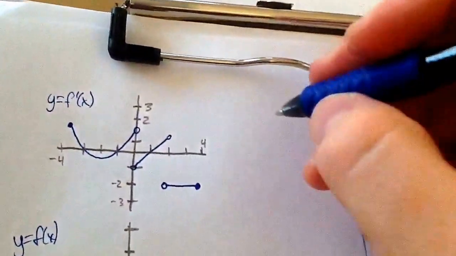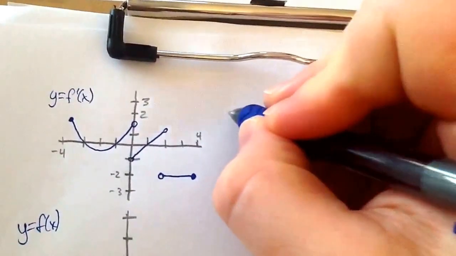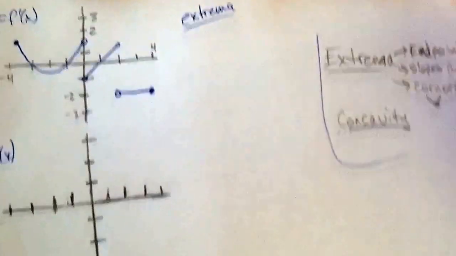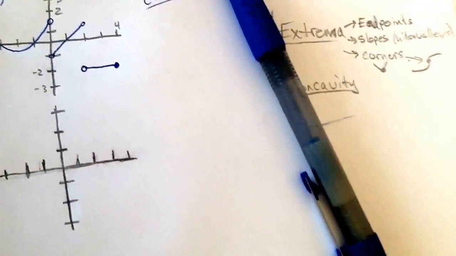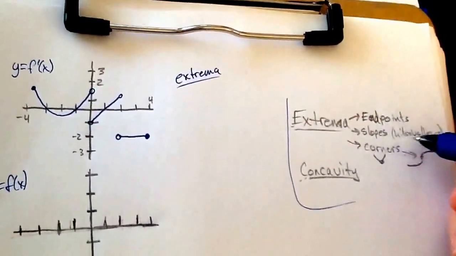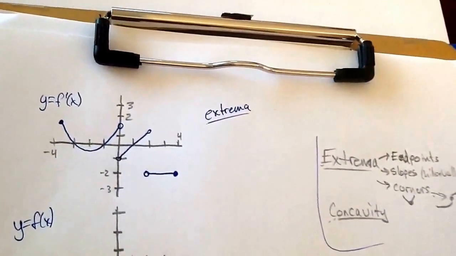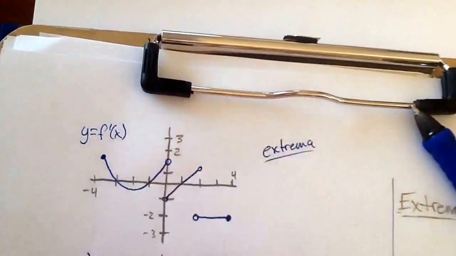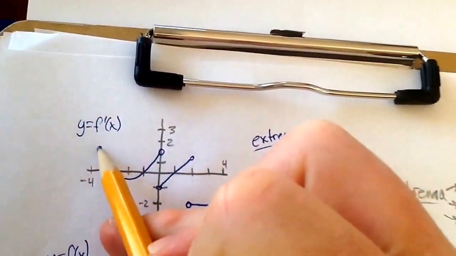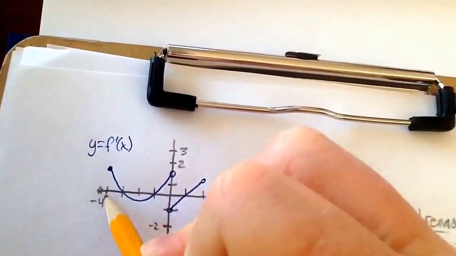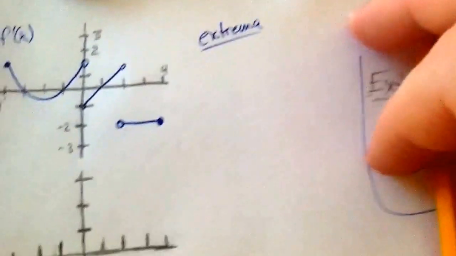So the extrema, let's do that one first. So you have to remember where extreme values occur, obviously, to be able to do this. And it's those three things we keep repeating. It's either endpoints, hills and valleys, or corners where the slope does not exist. So looking at this, let's just focus on this right now from here to here. Our endpoints, I guess we can do those. There's an endpoint. It's supposed to line up with -4 there. There's -4. So x equals -4